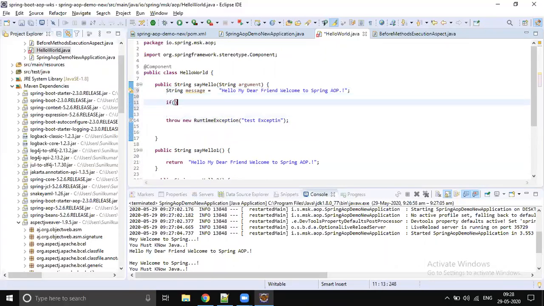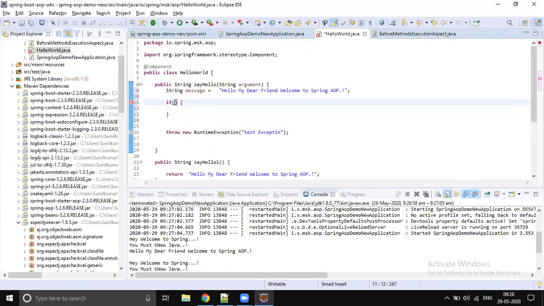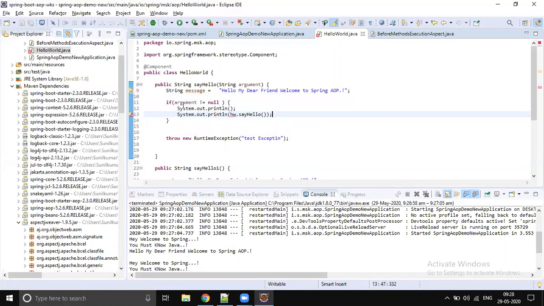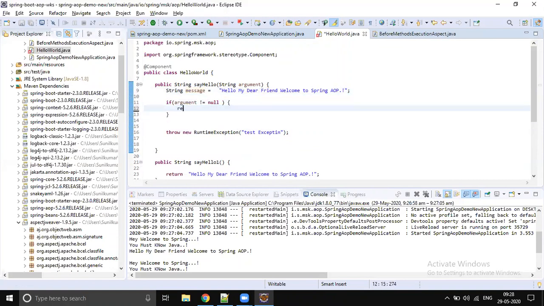If the argument is not equal to null, then you just return this message. If the argument is null, then let's throw the exception.